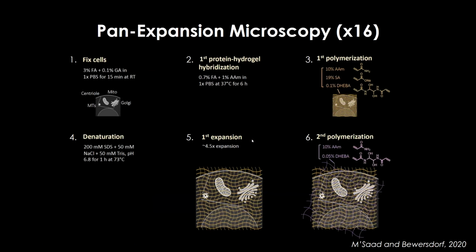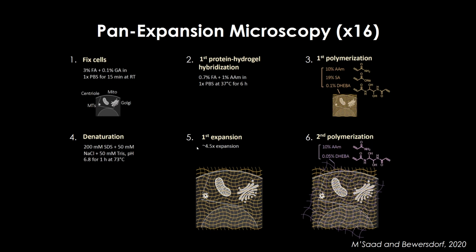So the next technique is the pan-expansion microscopy technique, which allows you to enlarge the sample up to 16 times. First, as in the previous protocols, we fix the cells and embed them into gel. Next, the gel is denatured, and during this step, it's already expanded. Then there is the first expansion, which is done overnight, and we get 4 to